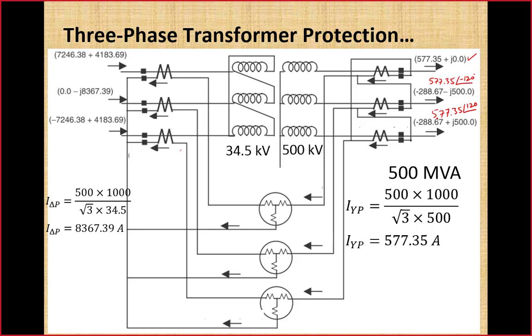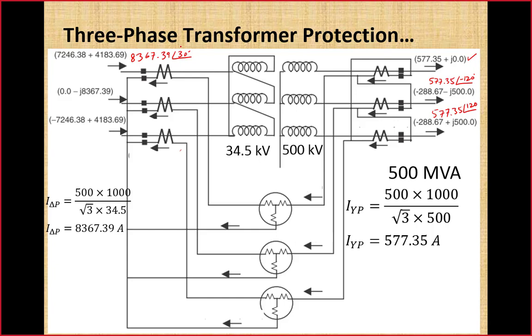Now you can see the current which will be labeled here will be 8367.39 with angle 30 degree, because this is leading. I have taken this example from the textbook, and the author of this textbook has labeled these currents in rectangular form by mentioning the real part and imaginary part. That will become too tedious for you to label the current in that manner in the exam. So a much better way is to write in polar form, the magnitude into angle.